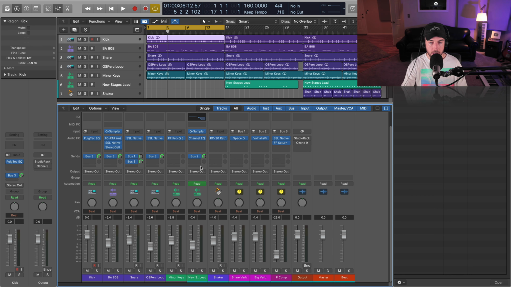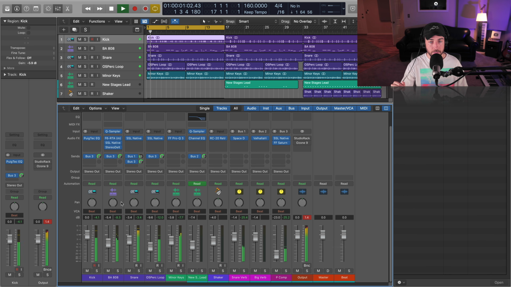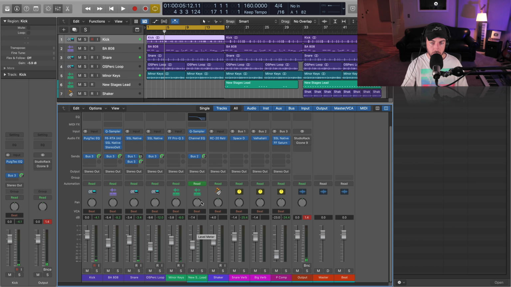One of those is to utilize a VCA or your master fader to just bring everything back after you've got the level right. So this is the original mix. This is how I mixed it. And if I play that back, got no clipping on the individual tracks. Everything sounds the way I want it to, but we're clipping a little bit on the stereo bus. And once I get to mastering processing, I'm going to want a little bit of headroom there. So all I have to do is just set up a VCA and I can just bring that back.